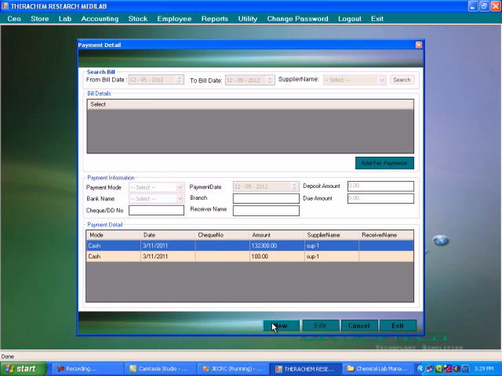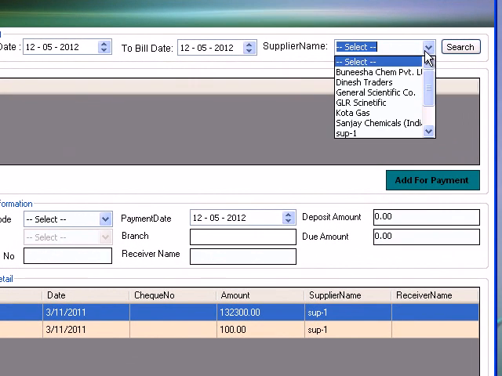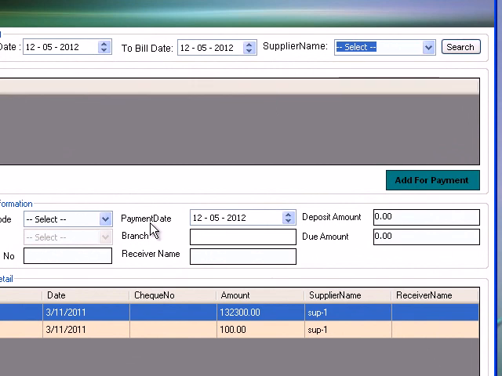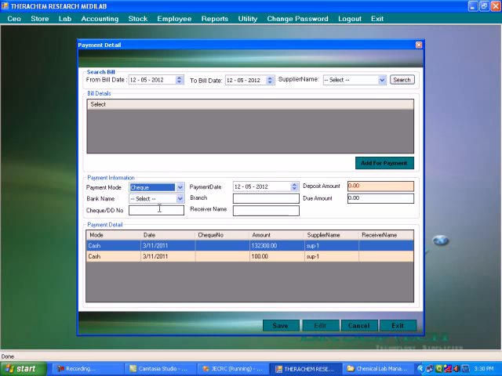Before filling this form, we need to press this new button and select the bill date, from date to date, supplier name, and the lower portion of this form contains the information regarding the payment, like the payment mode, whether it is cash, check, demand draft, payment date, deposited amount, bank name, branch name, due amount, check DD number. If the payment mode is check or demand draft, we need to fill this check or DD number, receiver name,